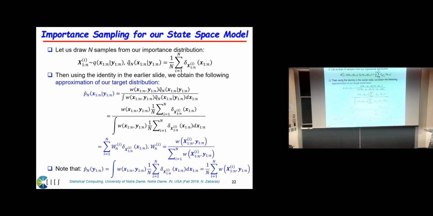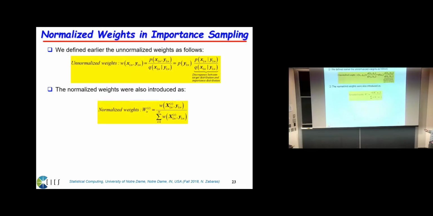Exactly as we discussed in the generic case, if you want to get the evidence, basically the sum of the unnormalized weights divided by 1 over n, it gives you P of y from 1 to n. Okay,